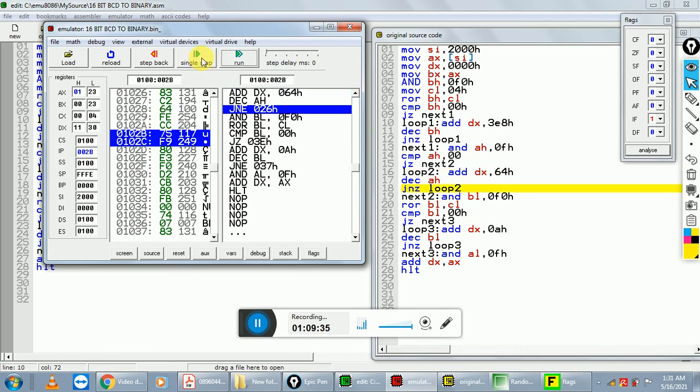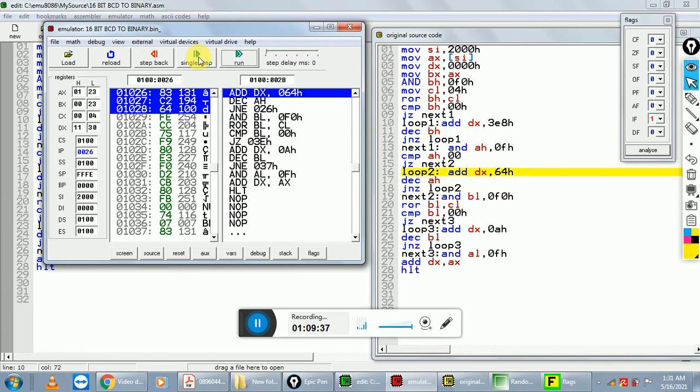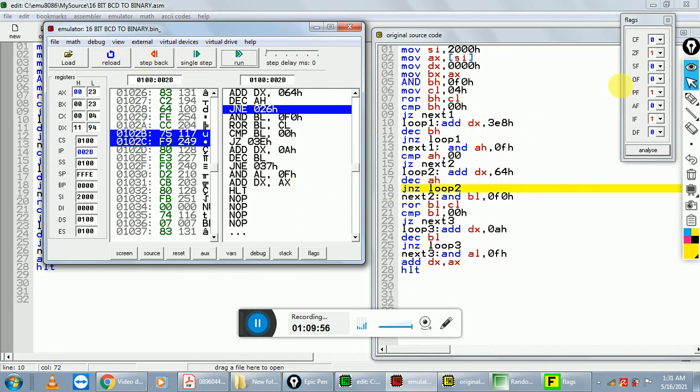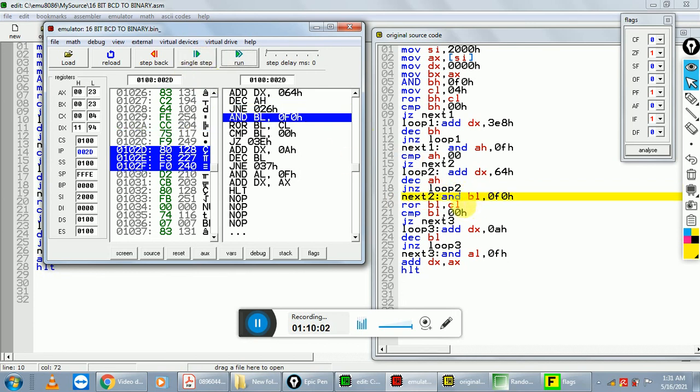In the earlier case we added 4 times and this is the 5th time. So after adding 5 times the answer is 1194, and after that decrease AH by 1, so our zero flag status is not clear in this case. So this JNZ loop 2 is not functional. Move to the next instruction.